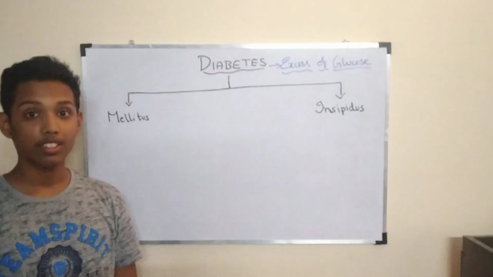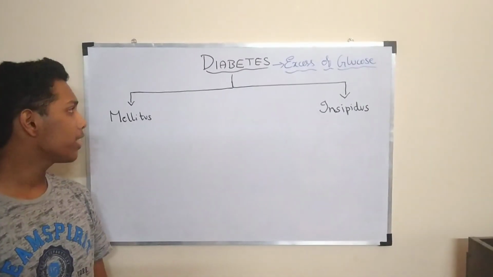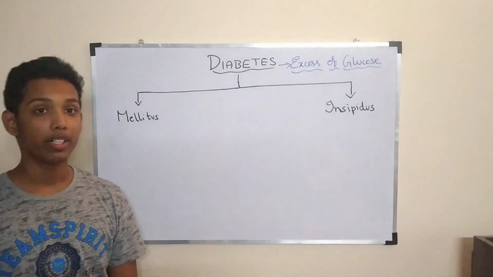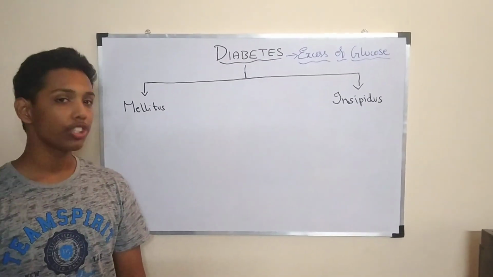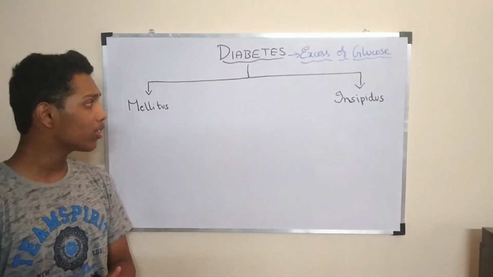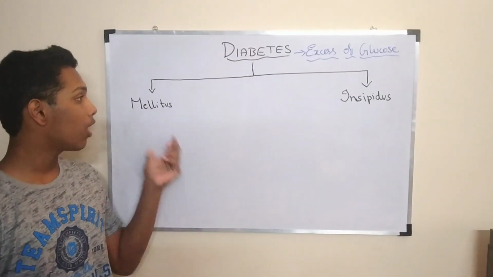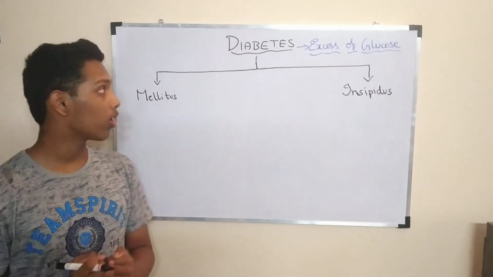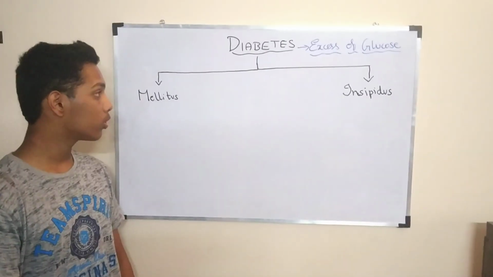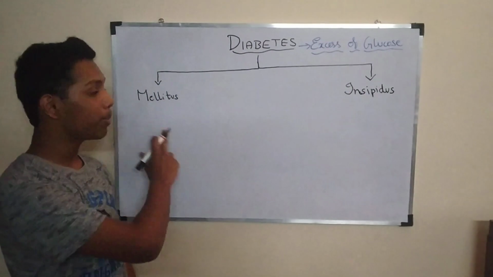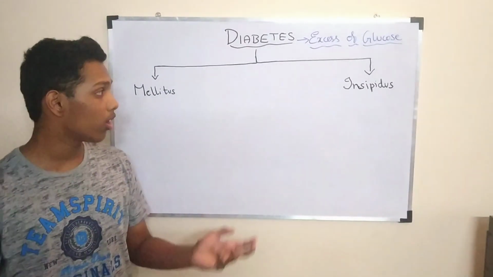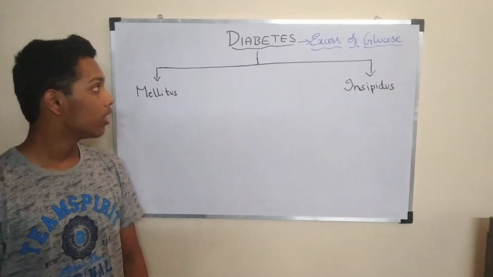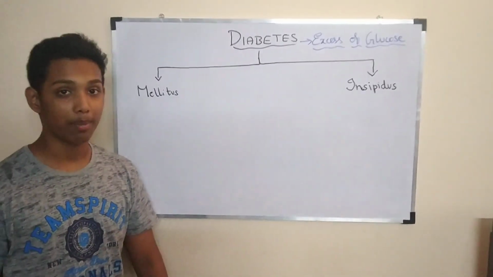So today, let us discuss diabetes. Diabetes can be basically classified into two types. One is diabetes mellitus and the other one is diabetes insipidus. This classification is not based on the effects it gives. It is based on how that person is being affected, the cause of the diabetes. Those who got diabetes mellitus are being affected by a different cause, and those who got insipidus are being affected by some other method. But both results give the same diabetes, right?